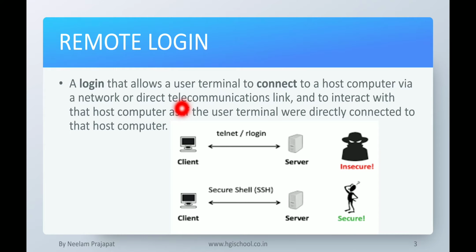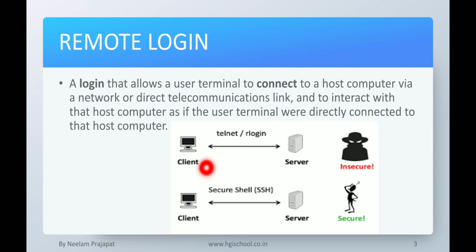Remote login allows a user computer to connect to the server computer via network or direct communication link and to interact with the server computer as if the user terminal, that means the client computer, were directly connected to that server computer. Got it?